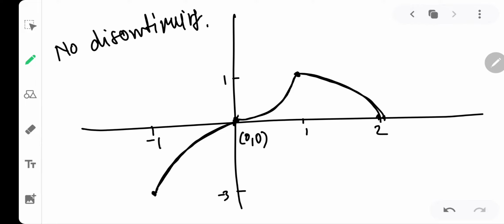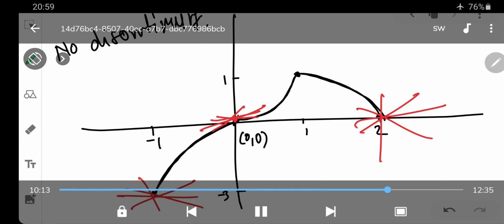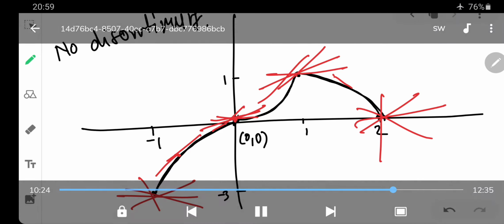endpoints. Let us understand, at endpoints how many tangents can I draw? I can draw infinite numbers of tangents. That is why at endpoints it is not differentiable. See, this is a sharp point. How many tangents can I draw? I can literally draw infinite tangents because it is a sharp point. See over here, sharp points. I can draw infinite tangents. But if you take this point, only one tangent you can draw. If you take this point, only one tangent you can draw.